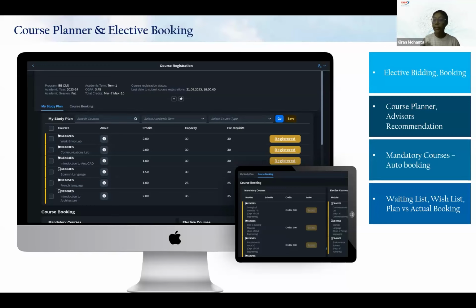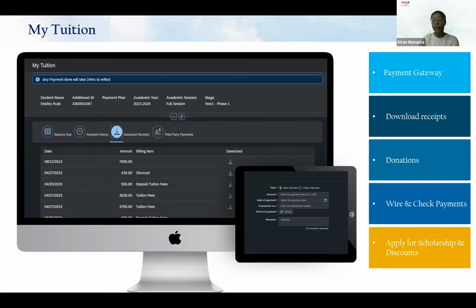So there is waitlisting, there is merit listing towards booking of courses, first come first serve, advisor recommendations, all come into play. And then when the students are enrolled, they need to pay fees. So you can see this one dashboard takes care of all kinds of finance related activities. That is why it's a one stop place for the students to pay their tuition fees, all their outstanding payments,